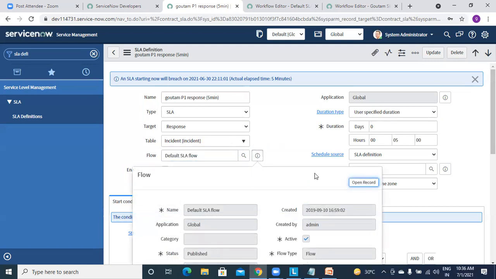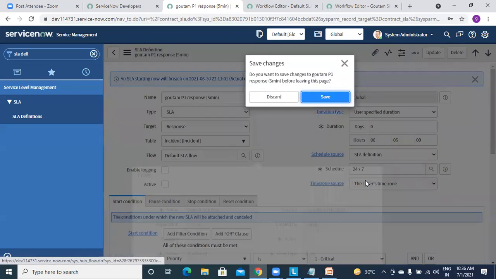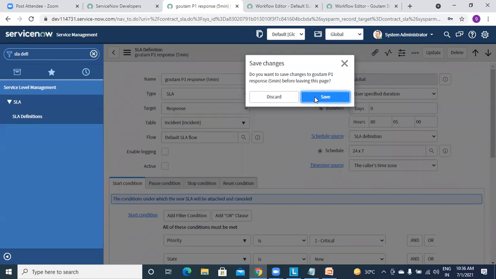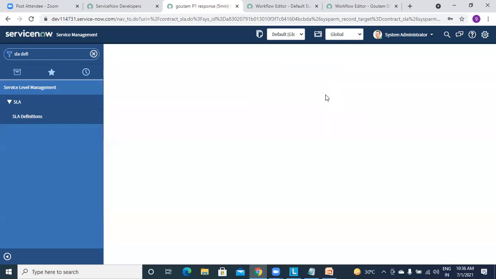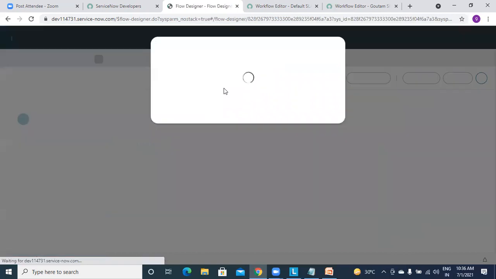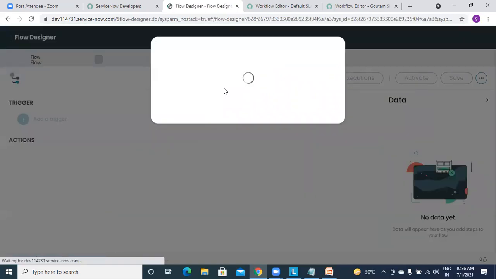Let me try to do this. So actually, workflows were used till the last version, Paris version, but now they are replacing that whole workflow concept with the new Flow Designer concept.